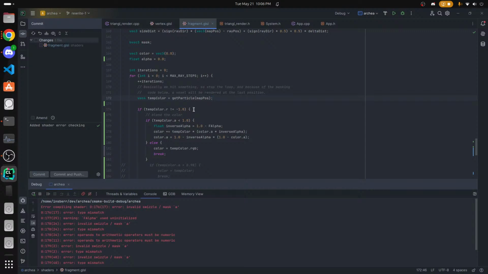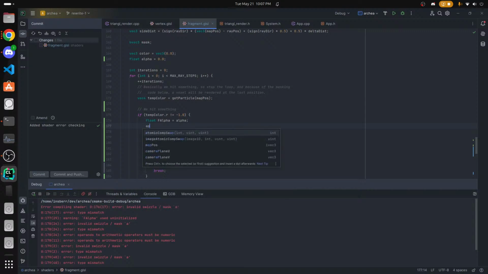Okay, this is basically we hit something. Then if the alpha, we set fAlpha, and then we set alpha equal to mix